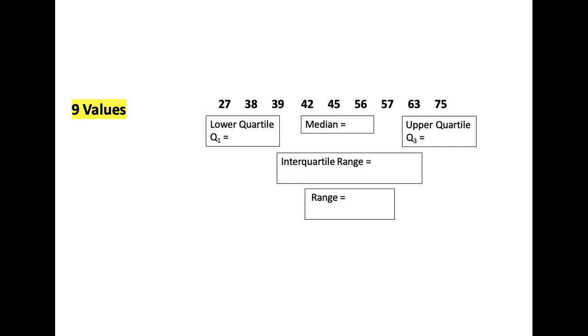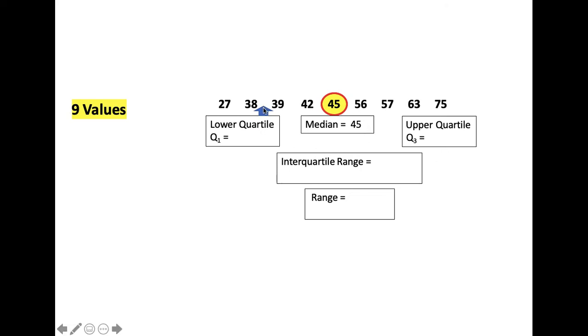Now for the case with 9 values. 9 values, because it's an odd number, has a clear middle value. So 45 is the middle value. There are 4 values below, 4 values above. Of the 4 values below, there's no clear middle one. You're going halfway between